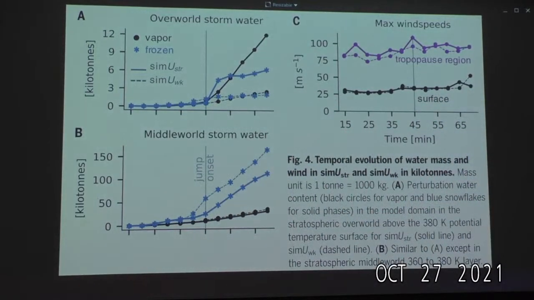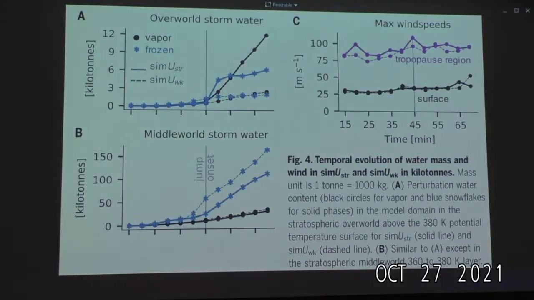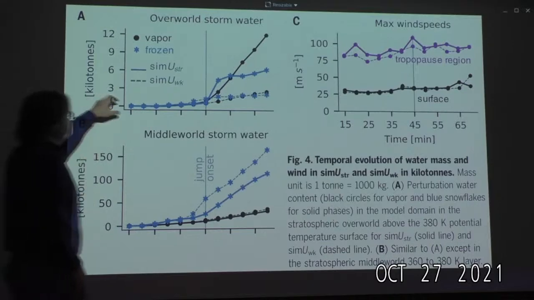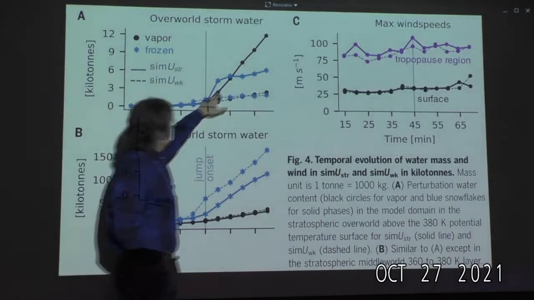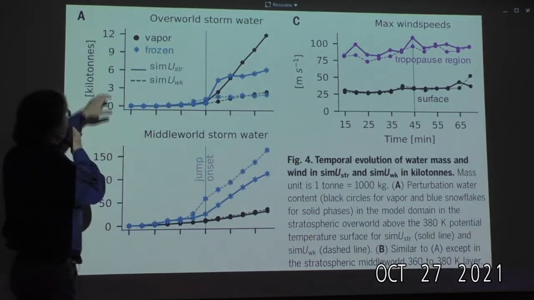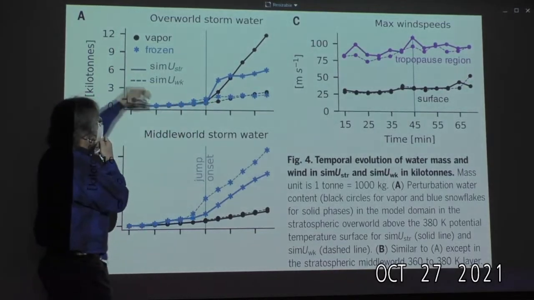So we're going to look at the total mass in tons of water that goes into the stratosphere during the simulation. Now, obviously, we're eventually going to run into boundaries. But we made the domain super big, and during this time nothing has left the boundary. It left the domain at this point. We stopped the storm, and the slope of that line, who knows how it would go. But anyway, this is for the strong storm, the solid line. For the weak storm, weak upper winds versus strong upper winds, is the dashed line. Frozen material is in this little star, little snowflakes, and vapor is in little dots.